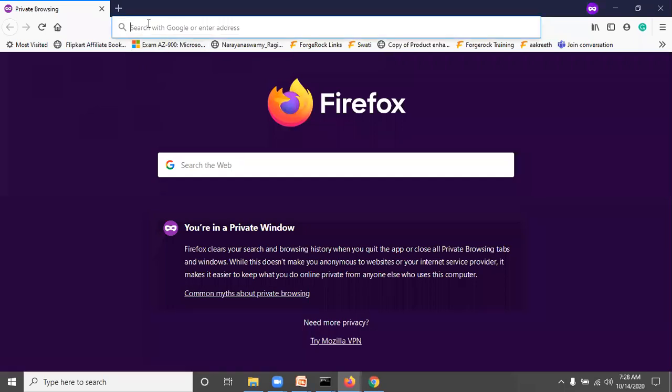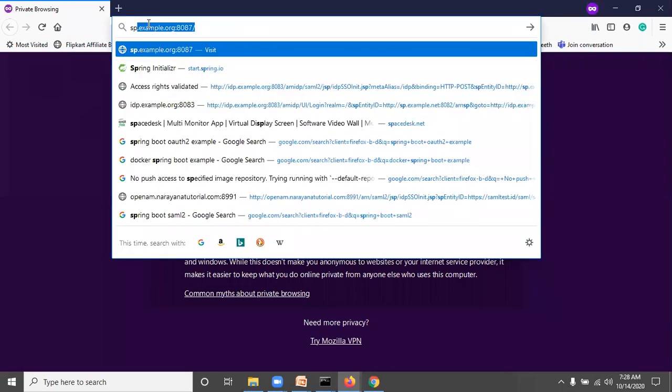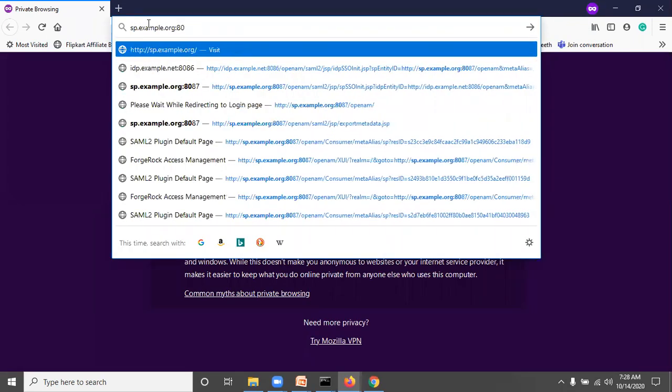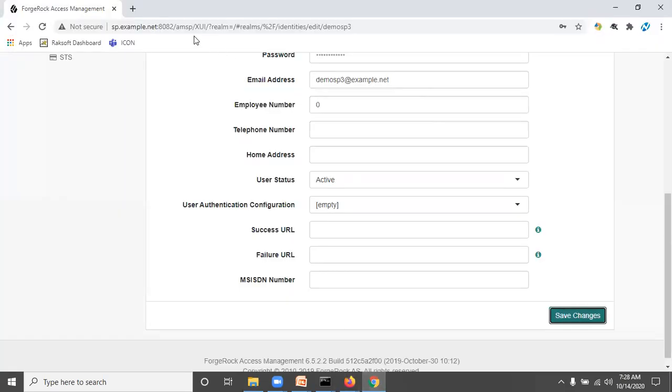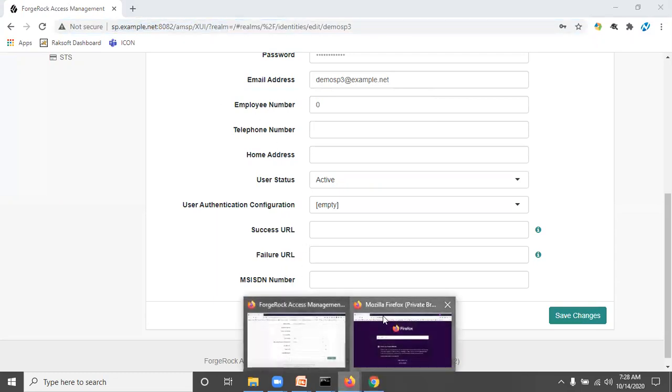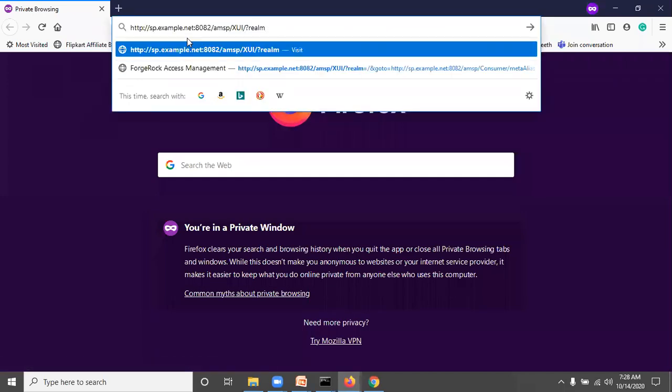We will try to log in again, the same thing. sp.example.net:8082 AMSP. With this URL, I opened Firefox in a private window.